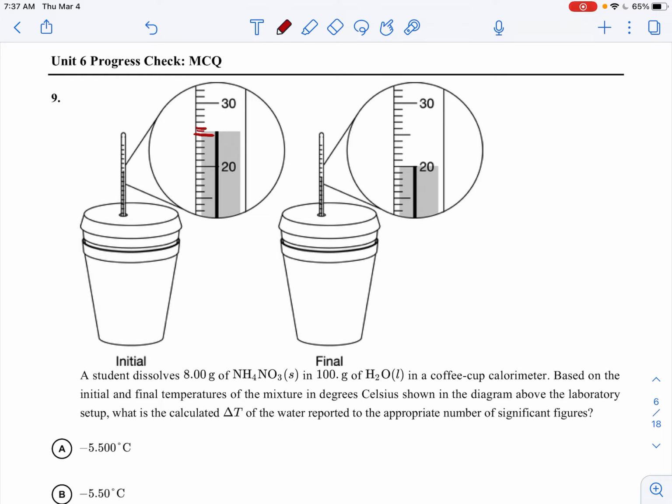And so what's happening here is I see my initial temperature was